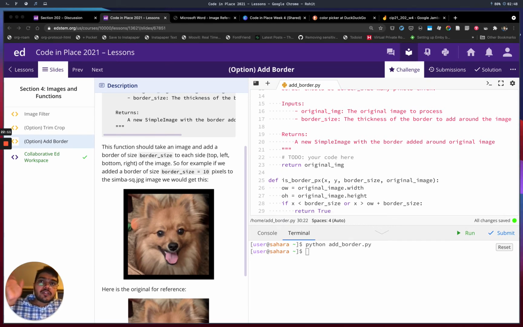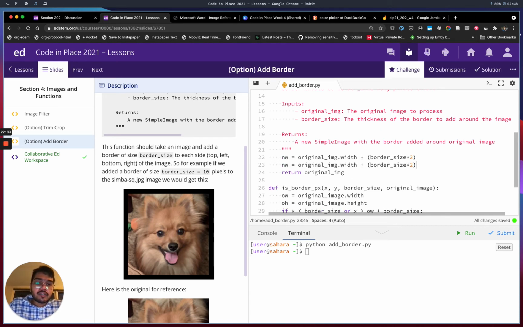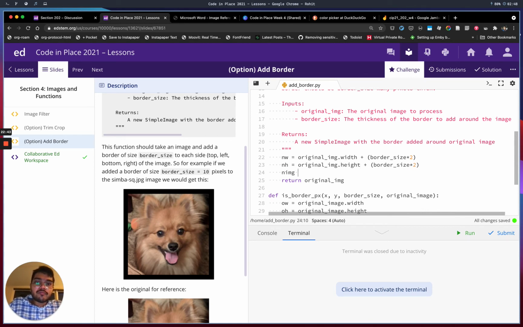Okay, what's the logic which we are applying here? Well, similar to the old one, right? Very similar, to the point that we might as well copy it, but we're not going to do that. So, the original image width plus what? Plus the border size times 2, right? That's the new width. The new height is almost exactly the same, only now we're working with height. And finally, we would like to get a new image. Simple image, blank,